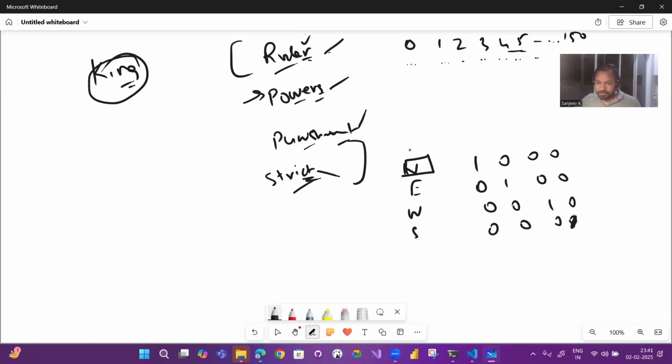So for north, this is the vector. We can imagine this is the vector for east. So the number which changes changes the attribute about this particular word or name.